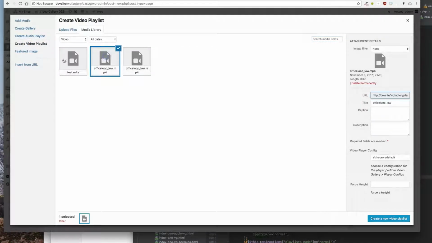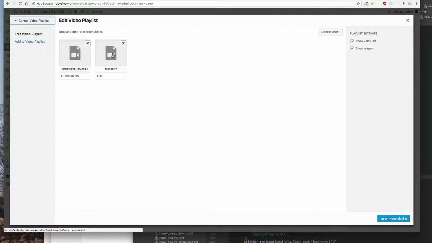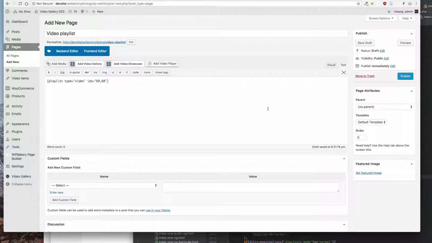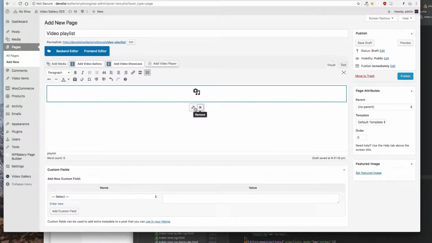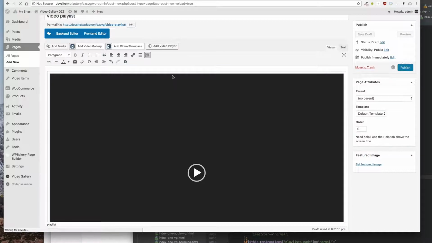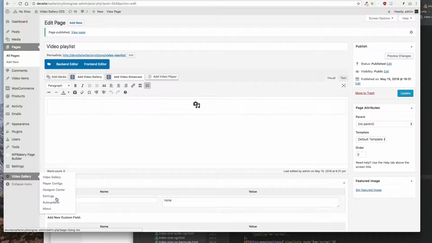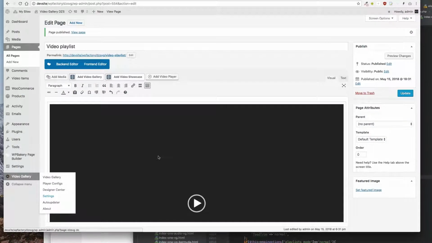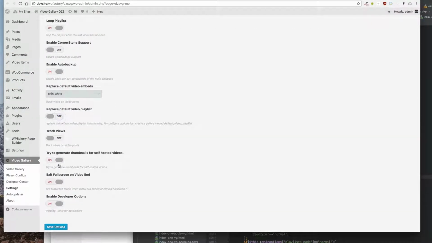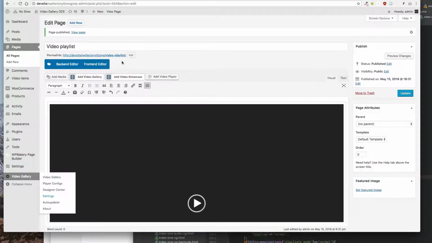just create a video playlist, and now if we go to video gallery settings, we'll see an option, replace default video playlist. So this is normally off, and